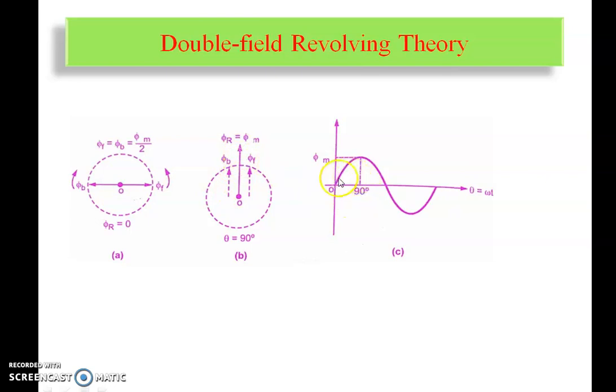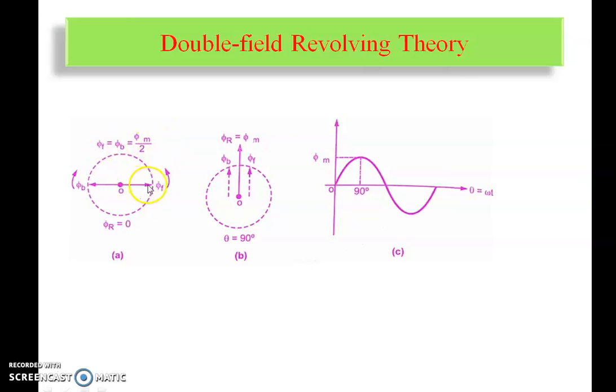Now I am explaining this image in relation to this one. I know that at the zero instant, when theta equals 0, both our fluxes are 0. Now just assume it, my maximum value of flux will be 0. What will exactly happen at the zero instant? That means when theta is equal to 0 degrees, now what will happen? Now phi f is equal to phi b is equal to phi m by 2.